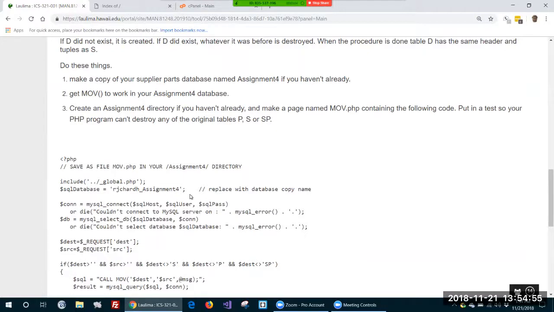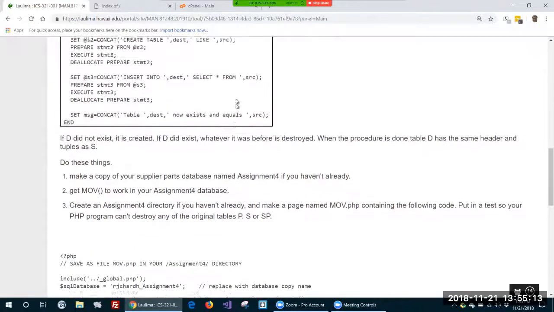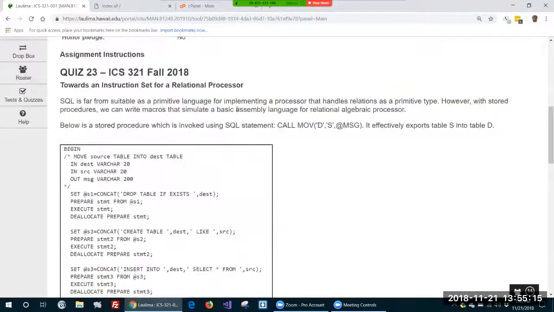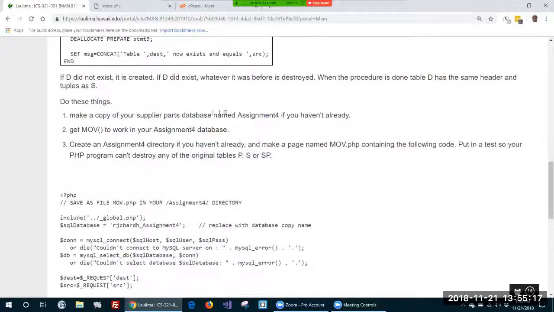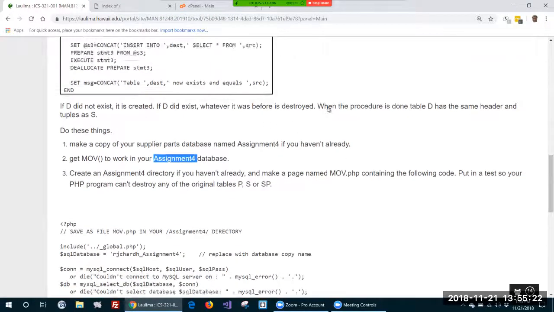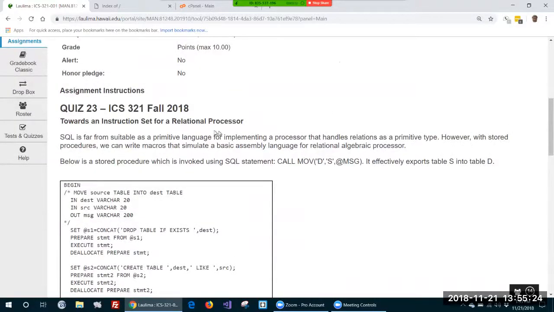and the destination table can exist or not. And it'll move the source table over to the destination table, or it'll copy it over. If the destination table already exists, it deletes it first, and then it recreates it because it's got to be the same type as the source table, of course. So let's quickly do this, and we do it in the assignment for database and the assignment for folder,